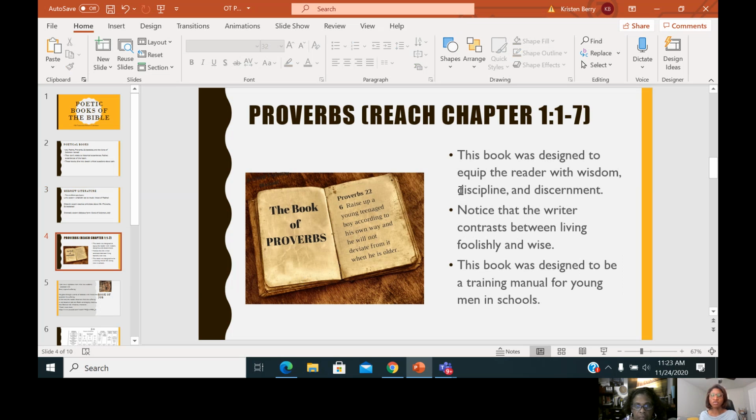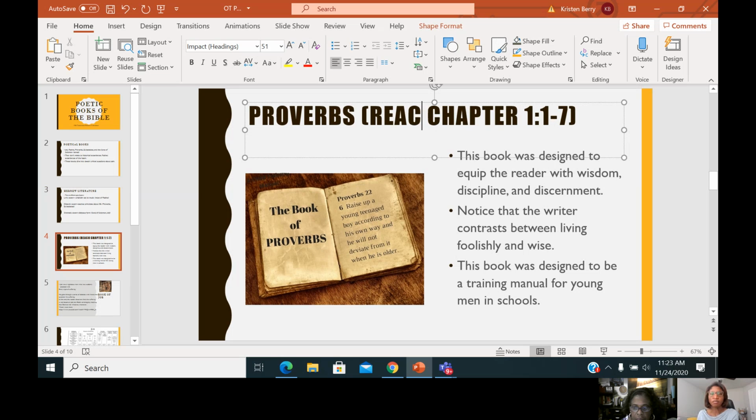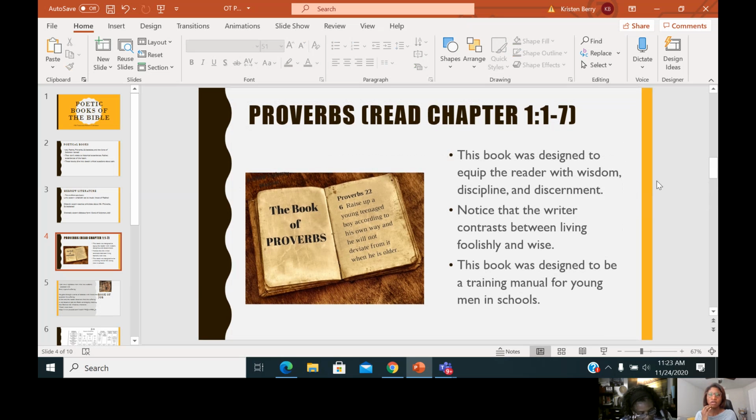All right, so let's go to the first book that we're going to examine. And this is the book of Proverbs. So Opal, you're rolling with me, and go after Psalms, and then we're going to go to Proverbs chapter 1. Proverbs chapter 1. Okay. And while you're looking for it, just to give you a little background on the book